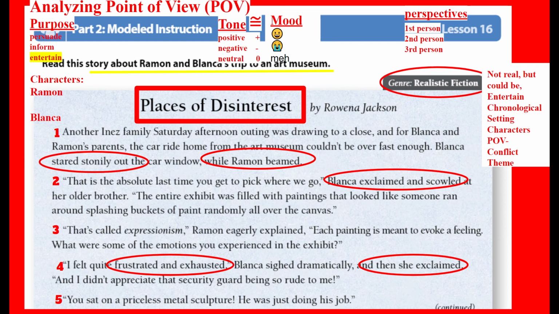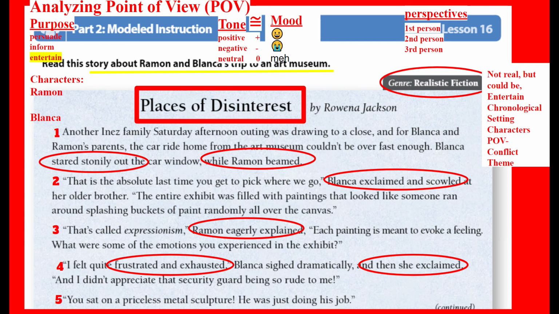So Raymond is beaming. He is like a beam of light pretty much. He is happy. He is excited. Even though Blanca is upset and staring stonily out the window, Raymond is beaming and we know he is happy. In paragraph number 3, Raymond says, "That's called expressionism," Raymond eagerly explained, and then he goes on to tell us